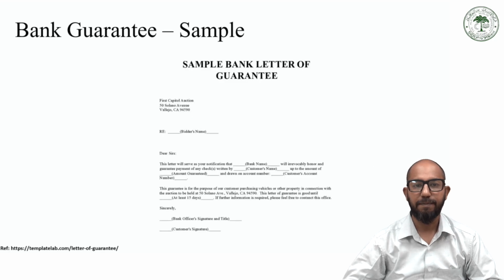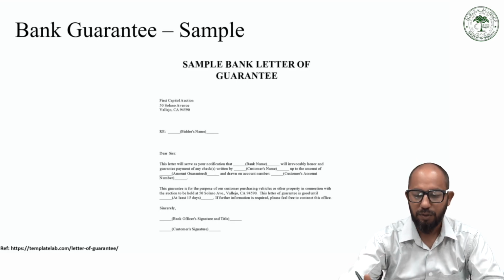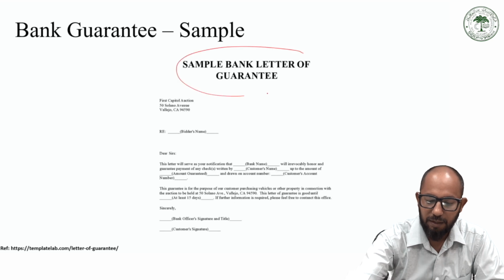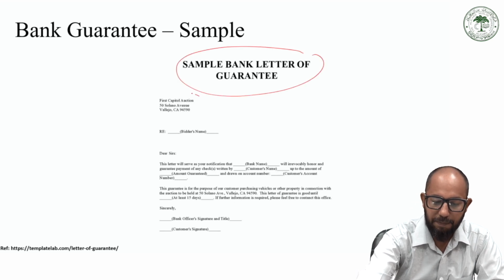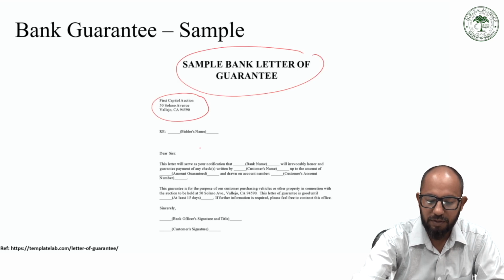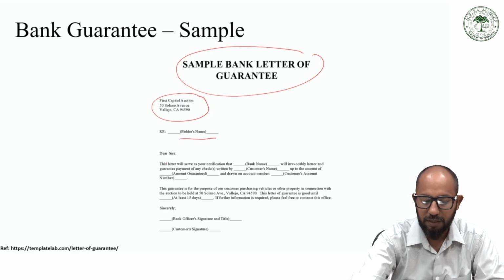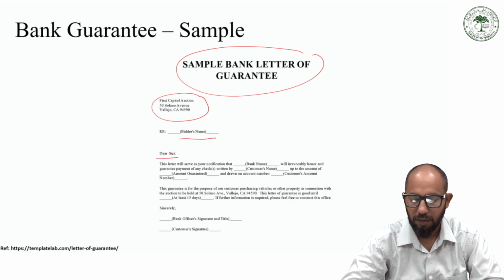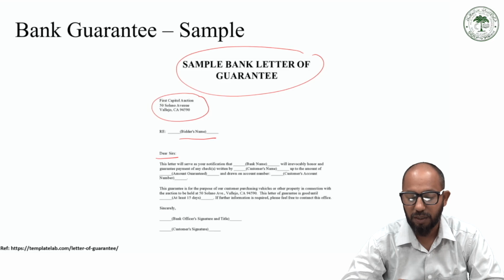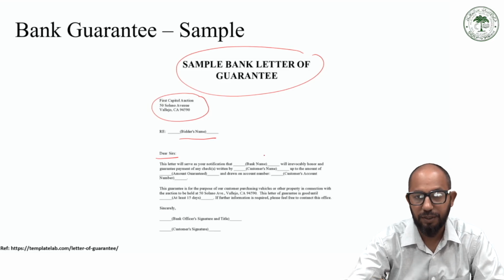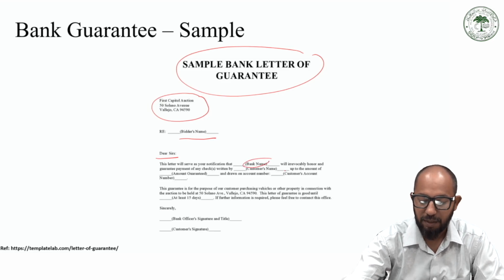Here we have a sample of a bank guarantee, and we will be discussing the different components and contents of the bank guarantee. You can see this is a letter of guarantee by a bank. First, the capital auction address, the bidder's name is there, and then "Dear Sir." If we go through the content, let's talk about all the details related to the bank name, the customer